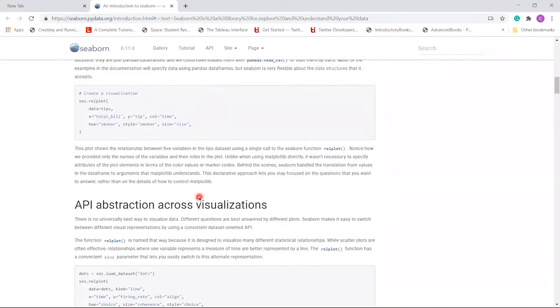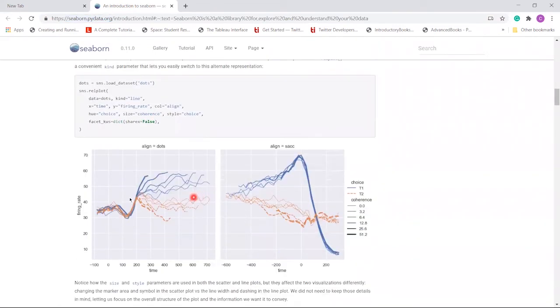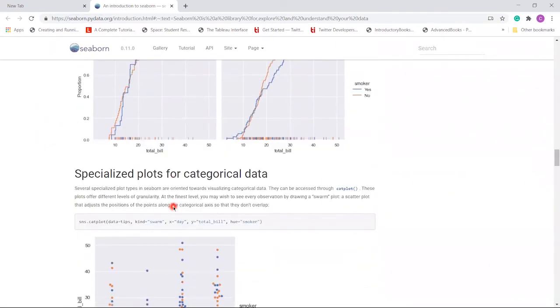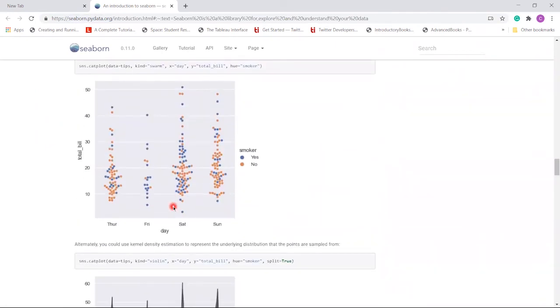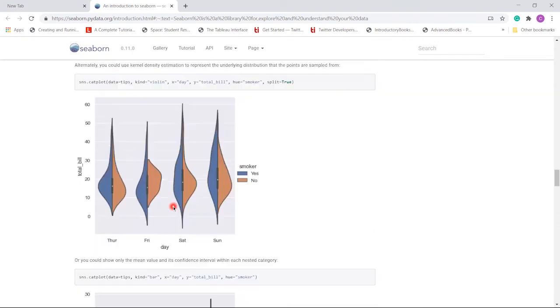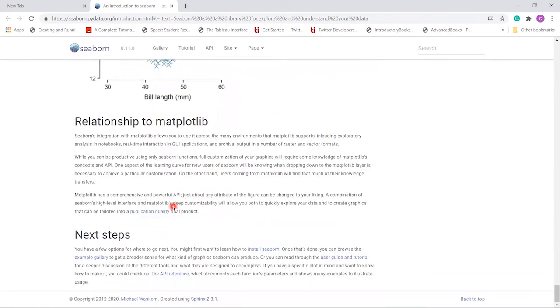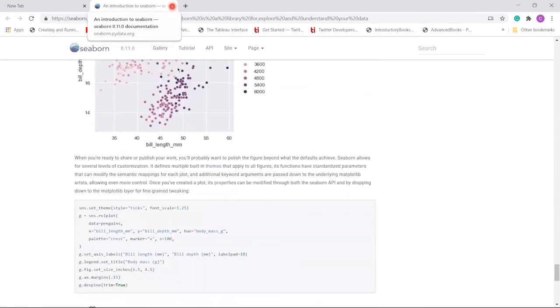There are many other new options which are not available in matplotlib. You can see how good the visualizations are in the Seaborn library. You can use matplotlib or Seaborn, whichever you want, but Seaborn is much better than matplotlib because there are many more functions in Seaborn. But if you only want to make some basic graphs, then you can also use the matplotlib library. So these are some graphs and their visualization in the Seaborn library.